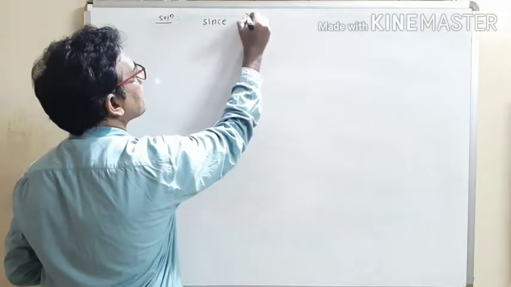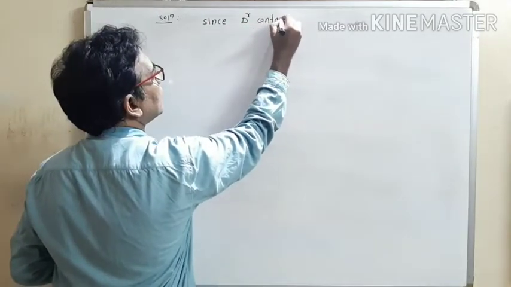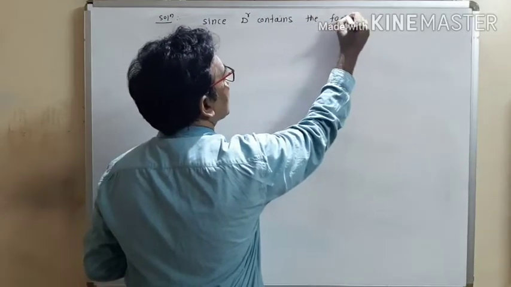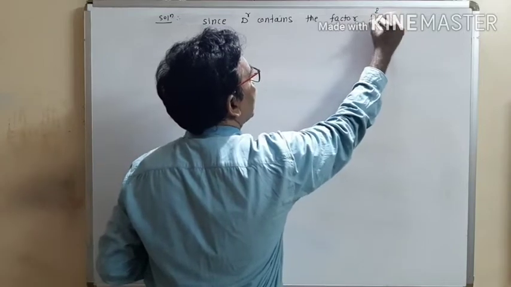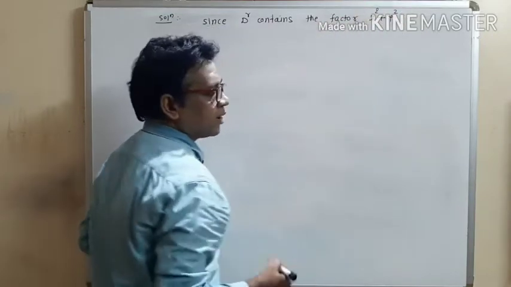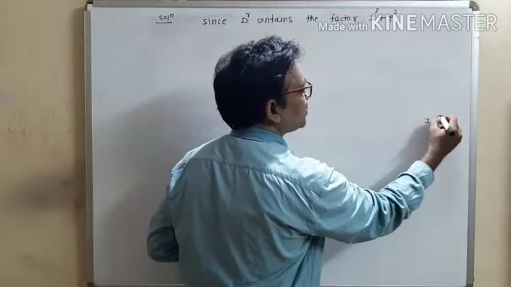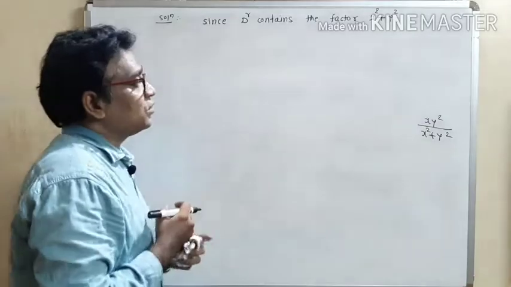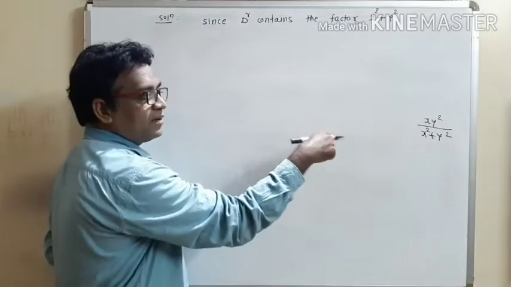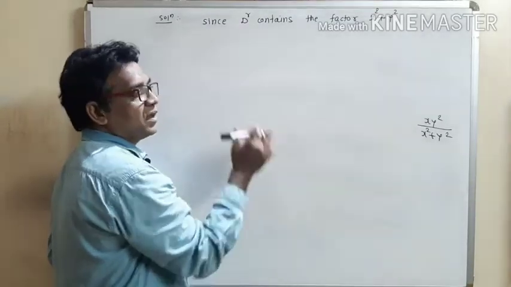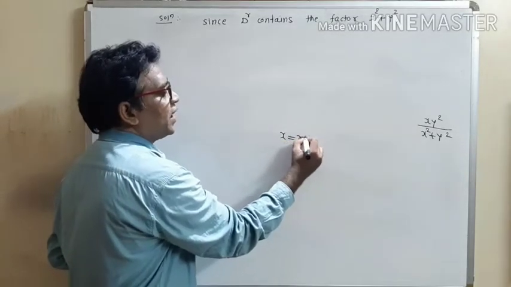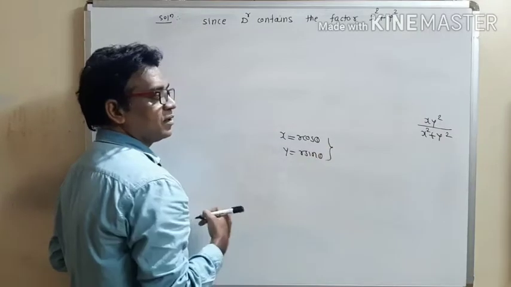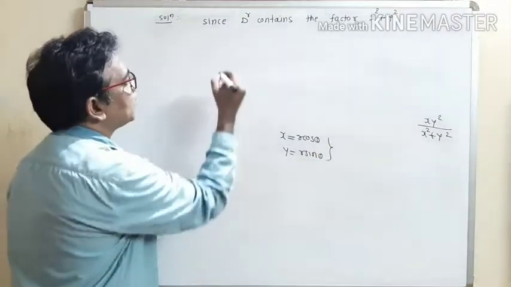Since the denominator contains the factor x square plus y square, what is the given function? Our function is x y square divided by x square plus y square. So see what is the rule. If the denominator contains the factor x square plus y square, then we use the substitution x equal to r cos theta and y equal to r sin theta. So use these substitutions, write down, therefore